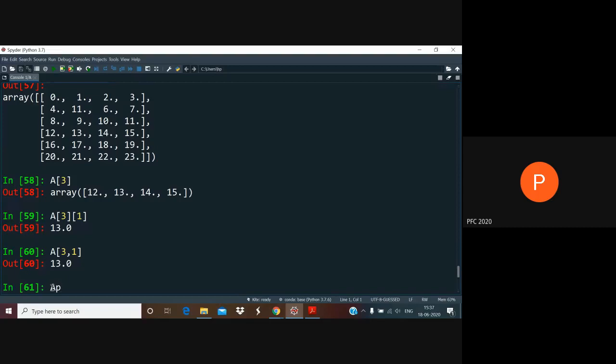Now, suppose I wanted a slice. So what is a slice like? This is a notation which you have seen before. You have seen this when we were discussing lists. Unabodha talked about this. This means basically you're going to take the element A[1] and the element A[2] and pack them, and they will come together.